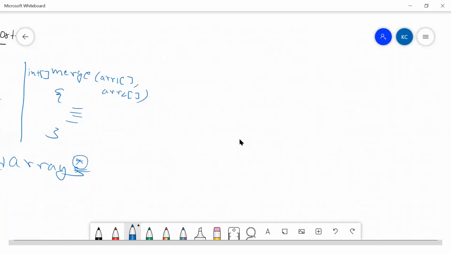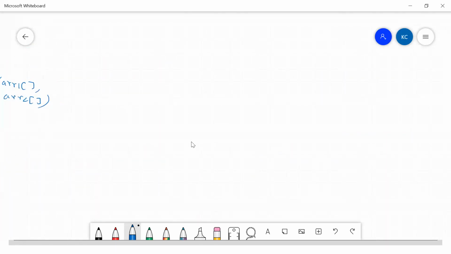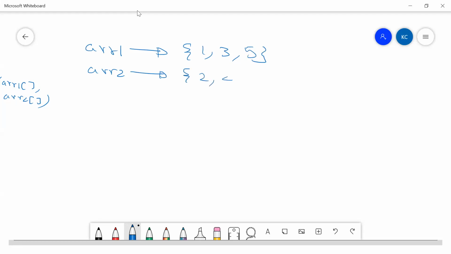I'll make sure that you have some input like this, ARR1 and ARR2. Let's say my ARR1 has the input 1, 3, 5, and ARR2 has 2, 4 and 6. These two are my input arrays, and I need to merge them.